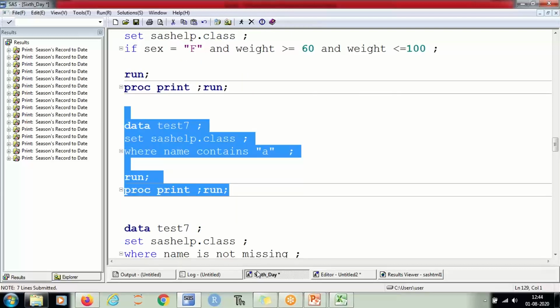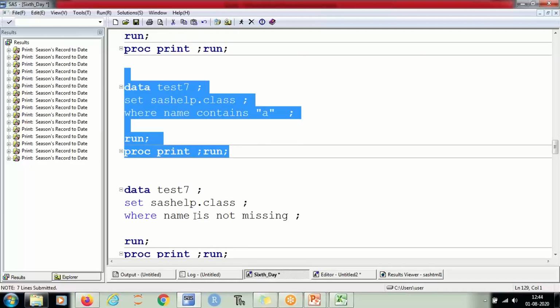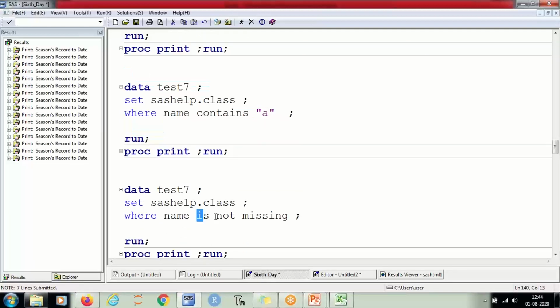You can use the where condition in an example like this, is not missing. Since our data does not have any missing value, it will give the same output.